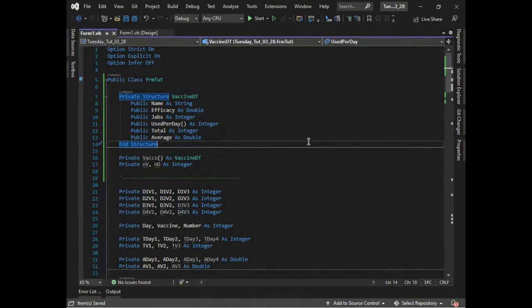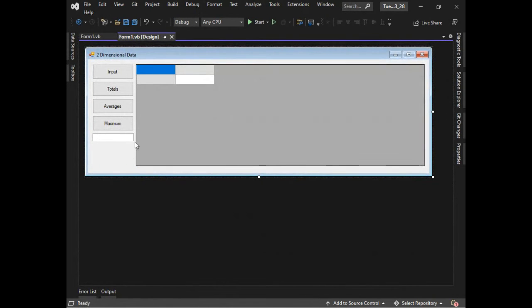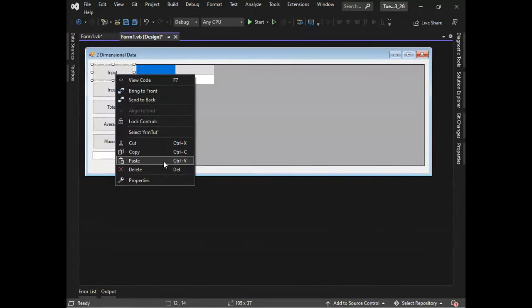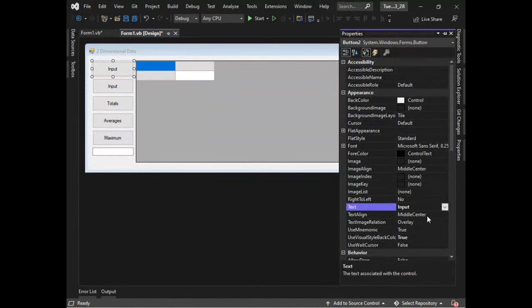I think this is where we were, right? Yeah. And I needed to add a new button because all of that input initialization was done in the form load. So now we can't do that anymore because we don't know how many vaccines and how many days they are. So rename that from